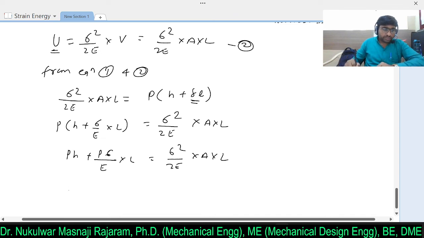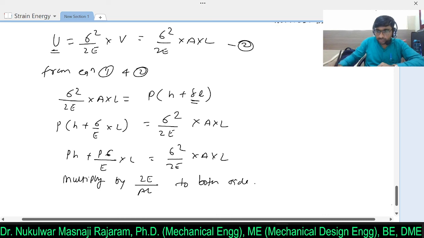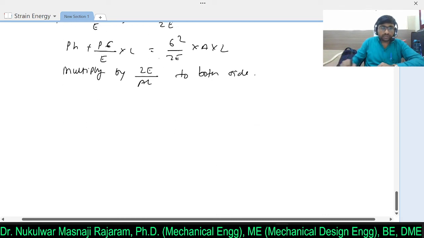Now I need an expression, so what I will do, I will multiply 2E divided by AL to both sides. Clear. So I will get one expression. If you multiply 2E divided by AL, the 2E AL will get cancelled, it will remain only sigma square. So here the equation will become